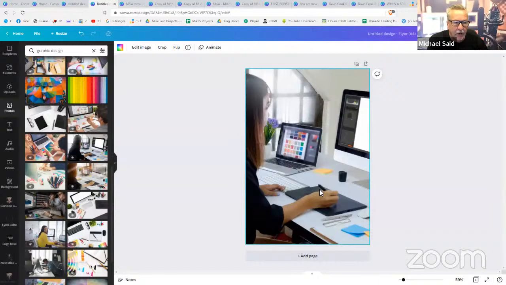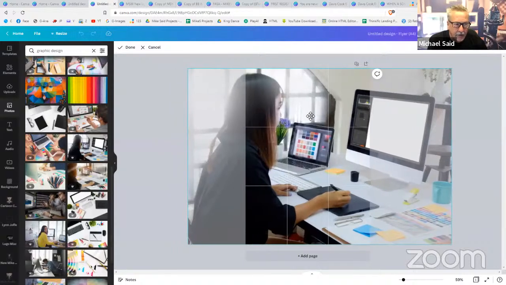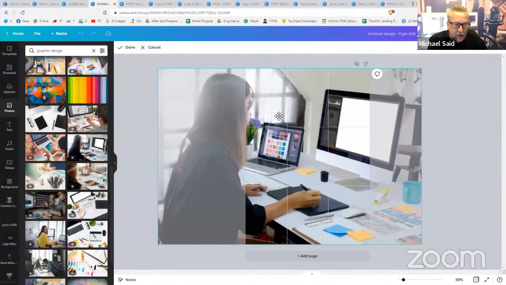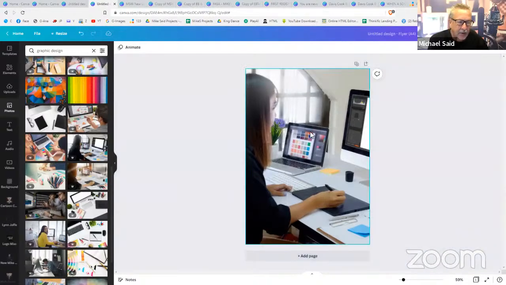Now, another thing I might want to do is move it around. So if I hit crop, there's the crop button. I can now move it around slightly. I can say, okay, I want to show a little bit more of the lady. That's my background. Also, what I want to do with that background is make it opaque or